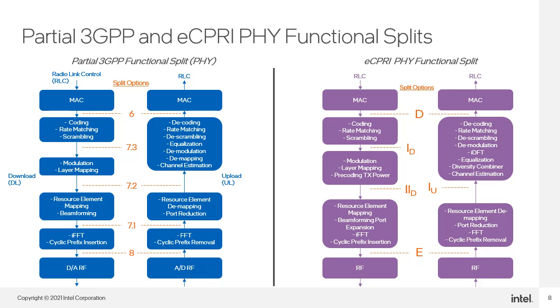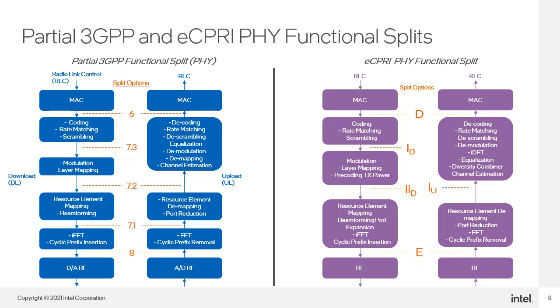These splits allow designers to determine where they want to implement certain baseband processing, as different systems have different topology and system requirements. These diagrams here show a partial look at the functional splits, focusing on splits 6 through 8,